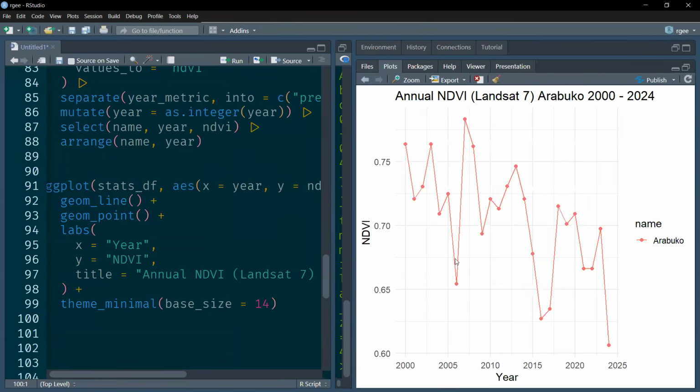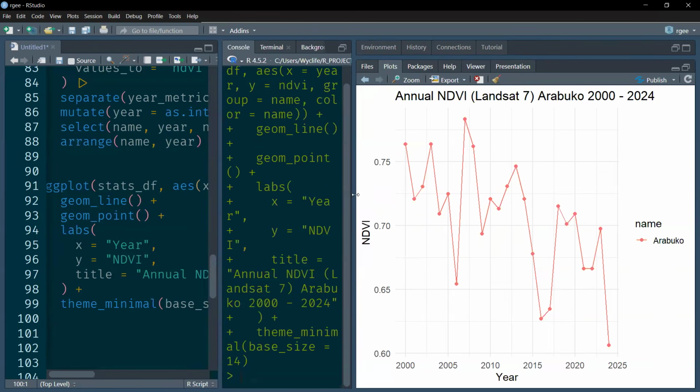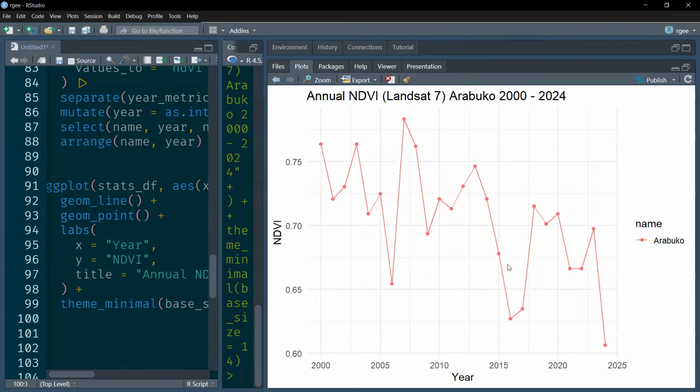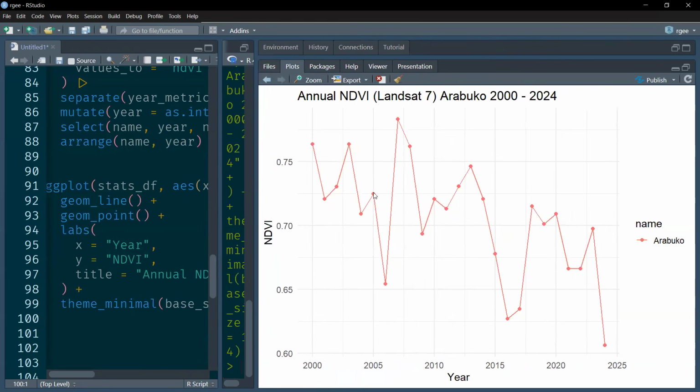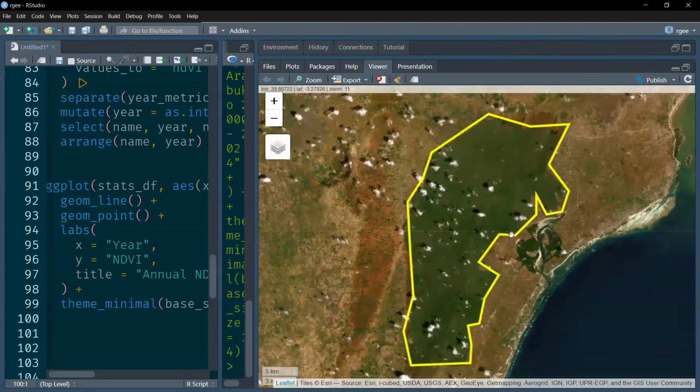One might need to go to the ground to understand what happened in the forest, what people do in the forest, or what policies were put in place at what specific time. If we see these spikes, was there heavy rainfall or something like that, which increased the health of the plants? So there is a lot to talk about in terms of what explains this observed pattern